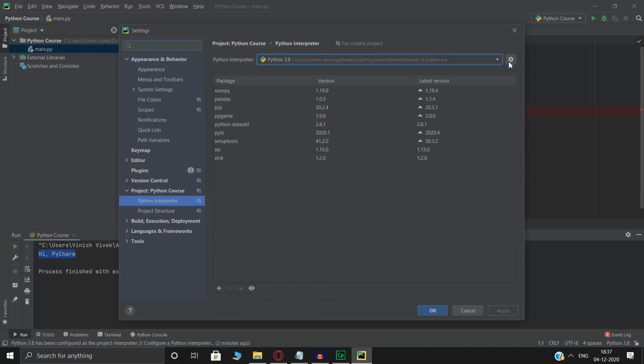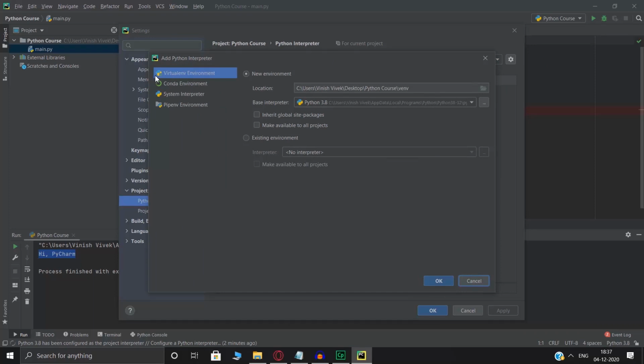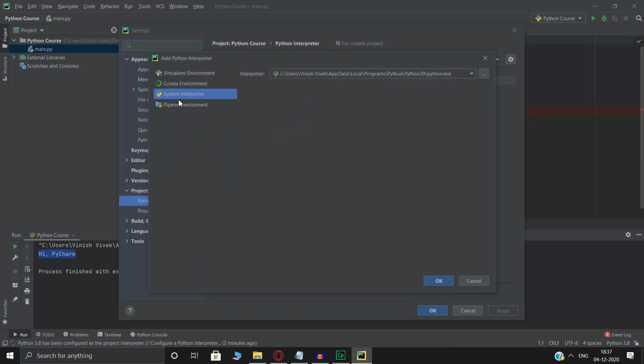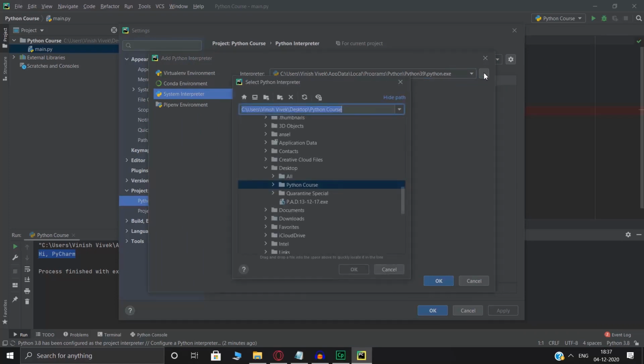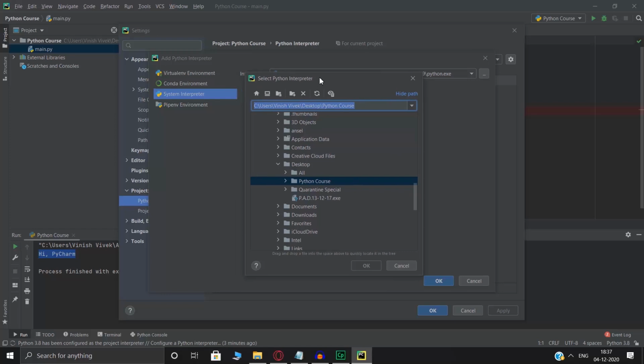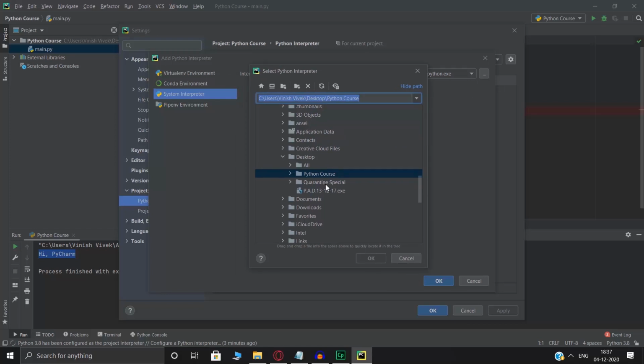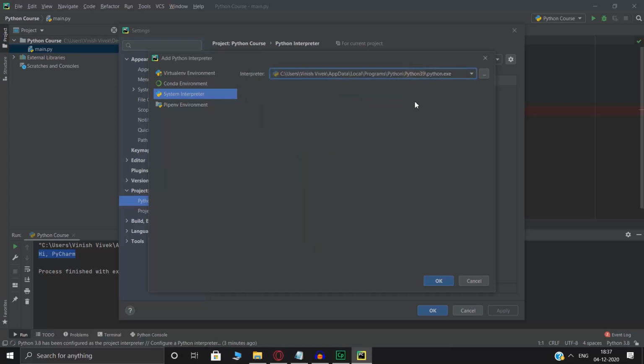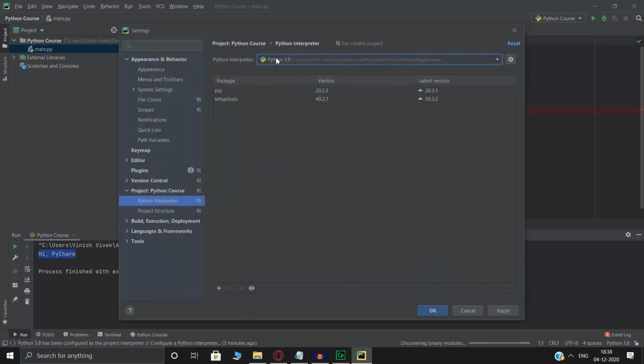You go into settings and you click on add. Inside this, you go to system interpreter, and you've got to look for the file where your Python was downloaded. My Python 3.9, as you can see over here, was downloaded into this. So I can just select this, or I could select this three dotted thing over here, which is your file location, and then you select where your files are. In my case, the interpreter shows up over here. I click on OK, and as you can see, 3.9 got added in now.